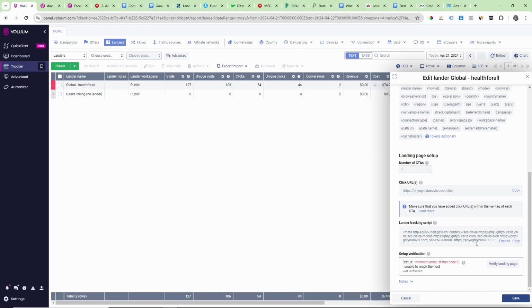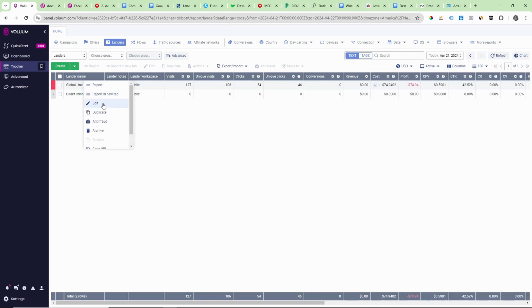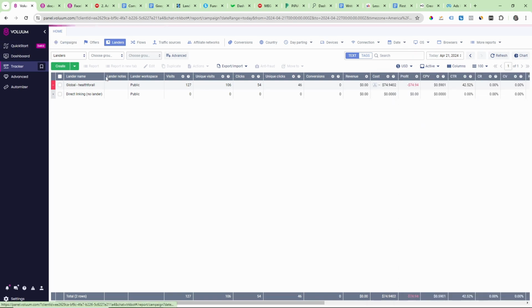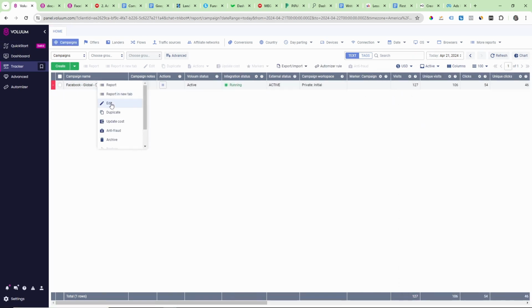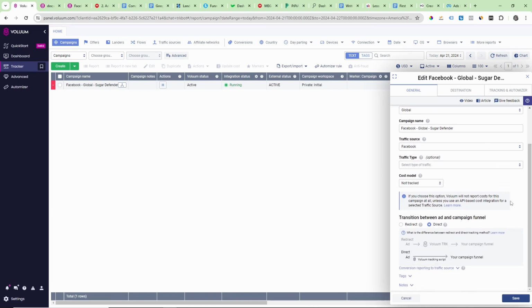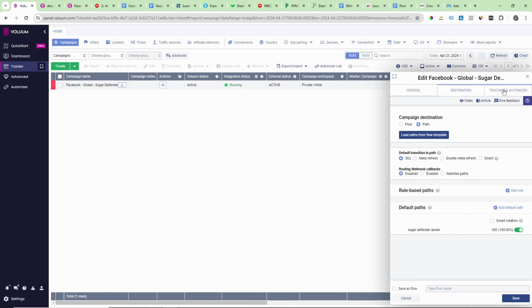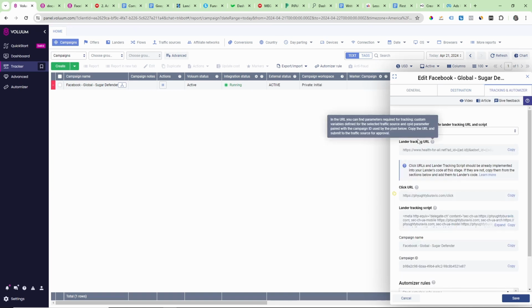No, that's not it. Where is it? Incorrect lander. Okay, verified that. I missed something. Is it in edit or is it in campaign? Kind of hard to navigate sometimes. Let's go to edit on the campaign. Destination. Tracking. There it is. Sorry. Found it. Okay. This is in Volume specifically, but whatever tracking tool you're using is going to have specific instructions,